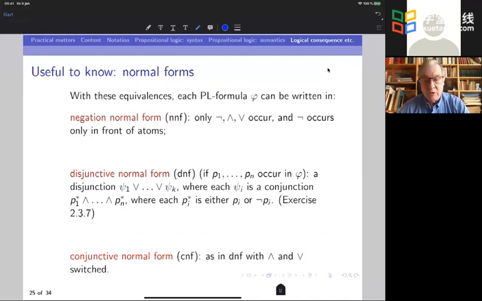So this is negation normal form, because all the negations are in front of sentence letters, but it's more because it has this particular format, a disjunction of conjunctions of this form. If you check exercise 237, you will see that if you use truth tables, it's kind of easy to see that this claim is true, that every formula can be written in disjunctive normal form. And then there is conjunctive normal form, which is just the same